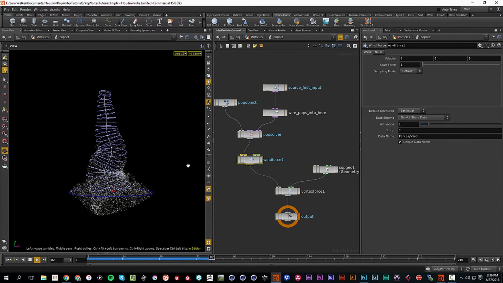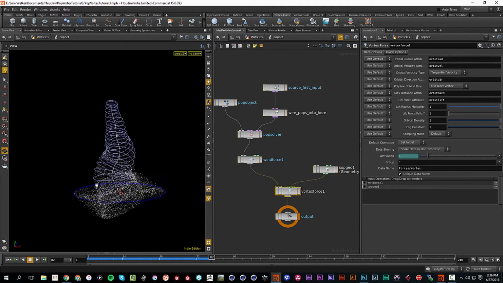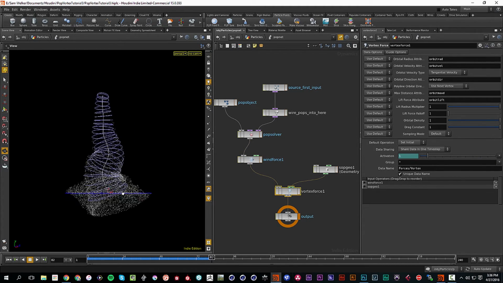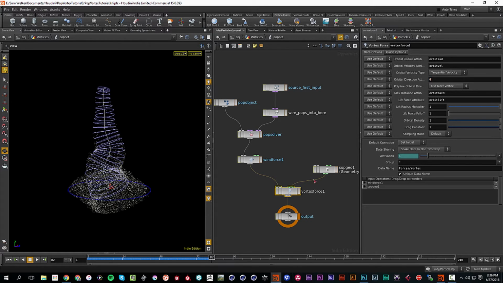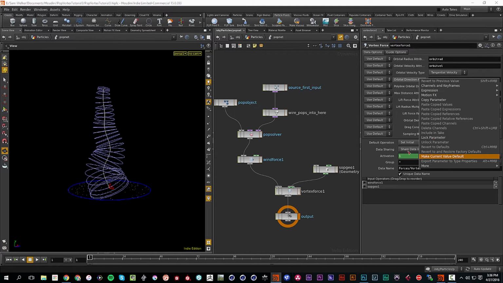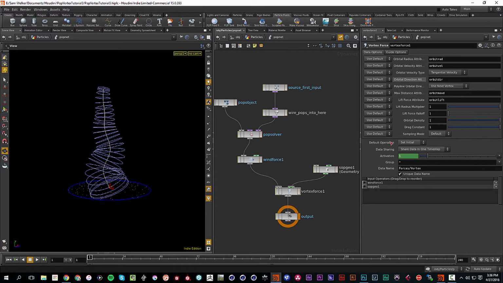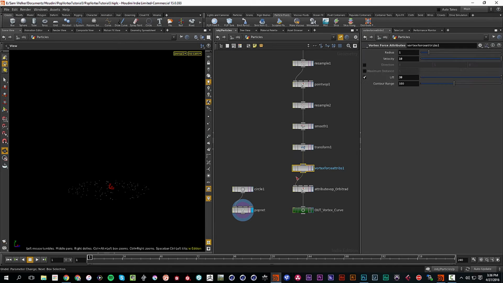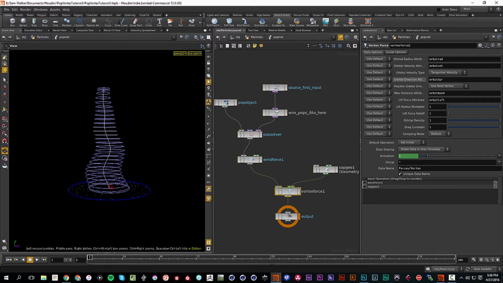Now, there's one thing you may notice is that these vortex guides follow the spline, and I usually really want that, but in this case, I do want to try and turn that off by taking the orbital direction attribute, and instead of saying the orbit direction, actually we do want that orbit dir. Let's see if we can revert to defaults. Okay, there we go. Vortex force attributes, if you set the direction to 1, just 1 on the positive y-axis,